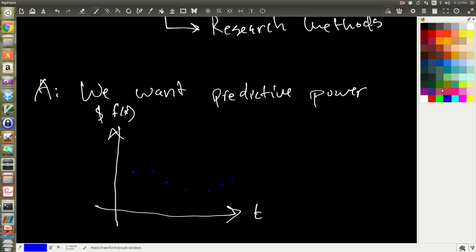Okay, well, the classic example is, let's fit some curve to this, and then if this curve is accurate, then we can predict what Google's price is going to be in the future. And if we can predict that it's going to go up, then we can buy it cheap and then sell it when it costs more, and then we make money. So there's a lot of people in the financial industry that are interested in regression,